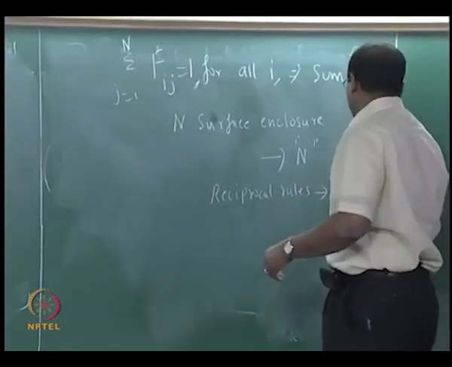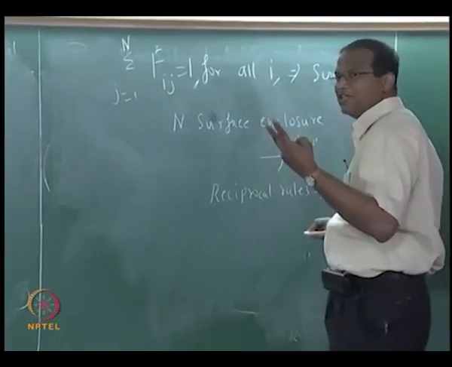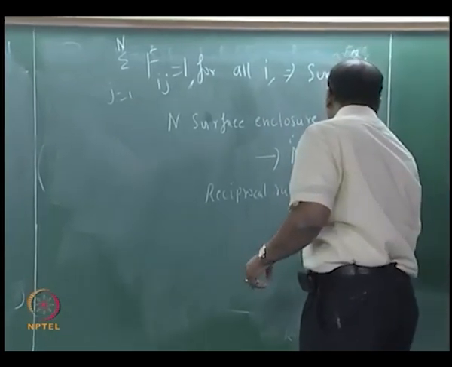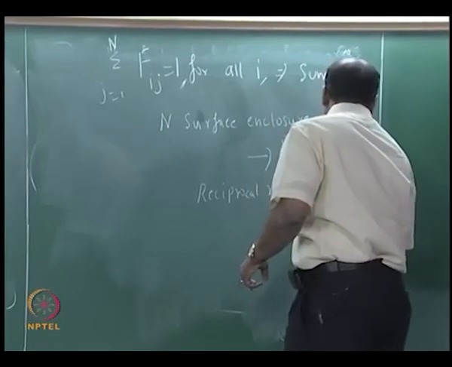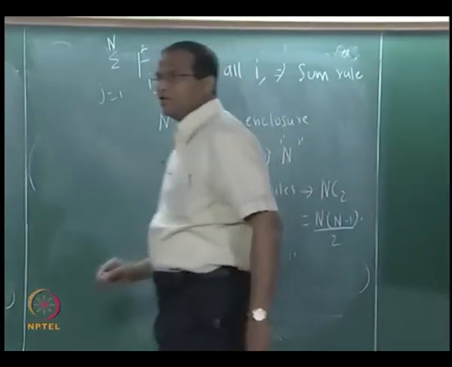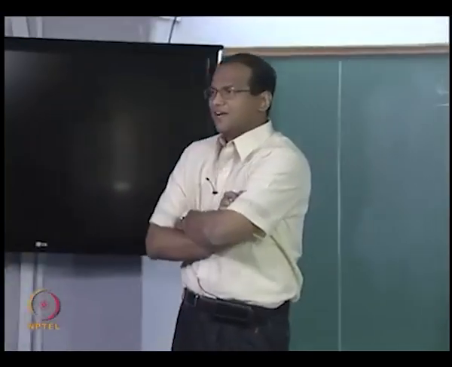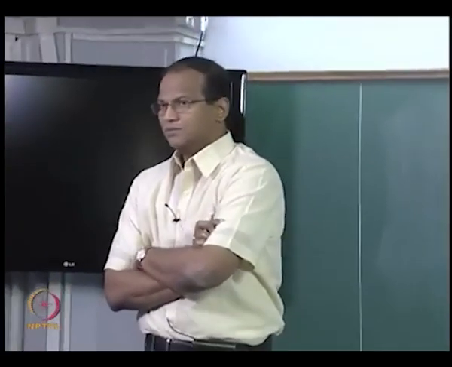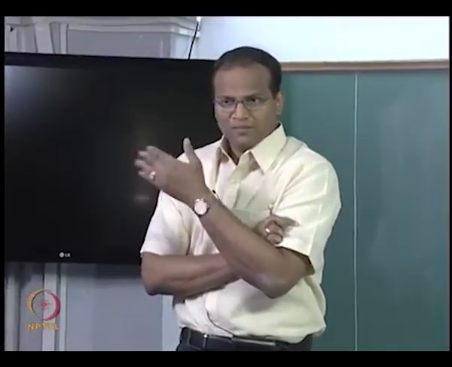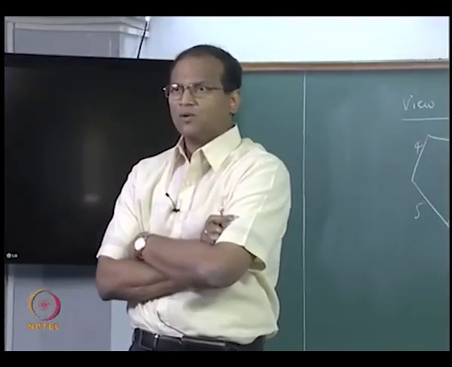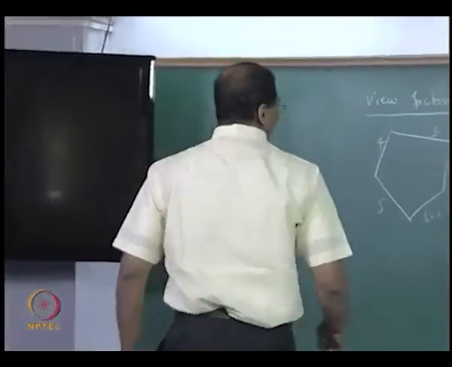You take NC2 relations, two combinations, taking two surfaces at a time: n into n minus 1 by 2, right. So how many independent view factors have to be evaluated? N square minus n into n minus 1 by 2, correct, because you can exploit the summation rule as well as the reciprocal rules. Therefore, the number of independent view factors to be determined